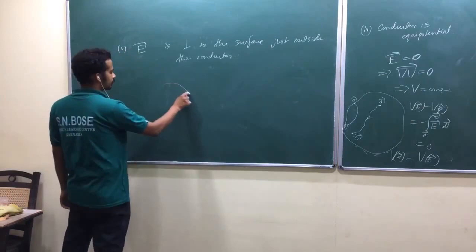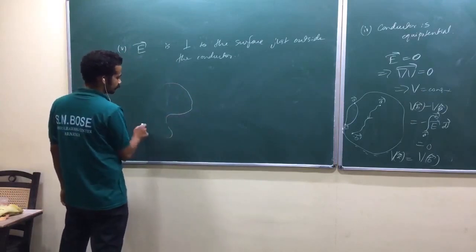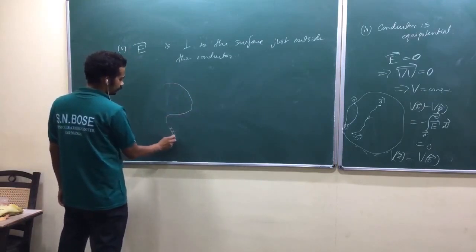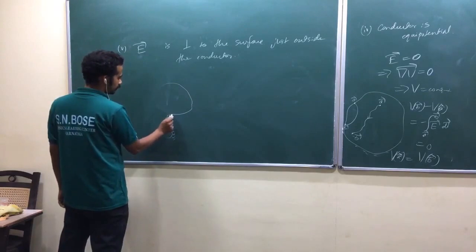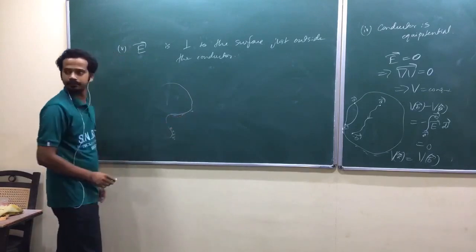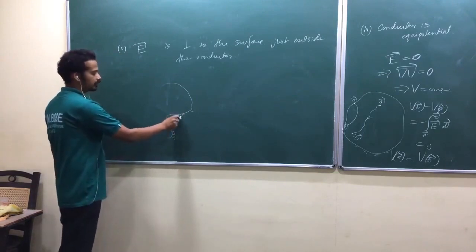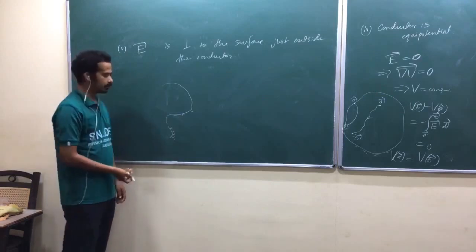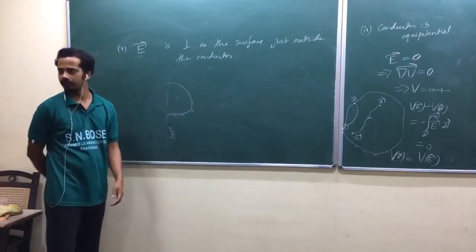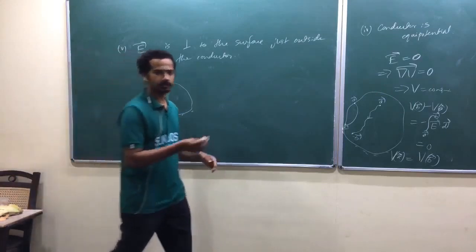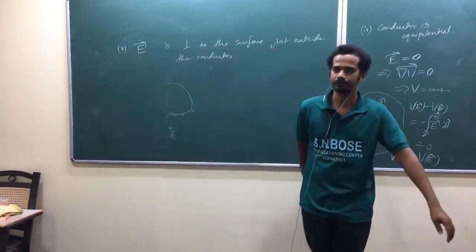Wait a second. Suppose I have this kind of situation. Suppose I have very many charges here, isn't it? I have a very small amount of charges here. Is that okay? So that somewhere here at this point or just outside, you may have electric field in some other direction. Am I right? I mean, electric field at any point is due to all charges around this one.